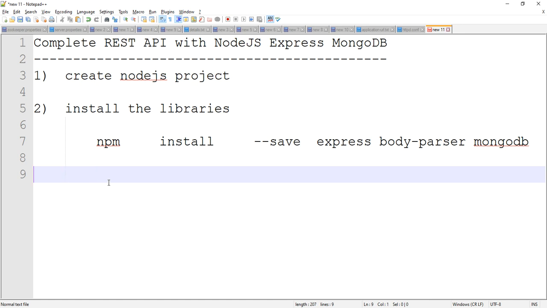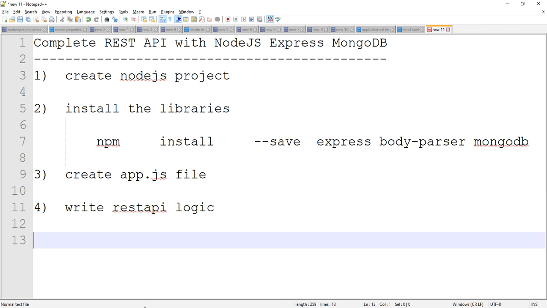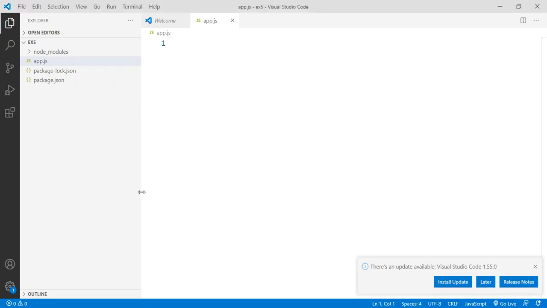So the third step, create the app.js file. Fourth step, write the REST API logic. It is a little bit long example, but please concentrate.